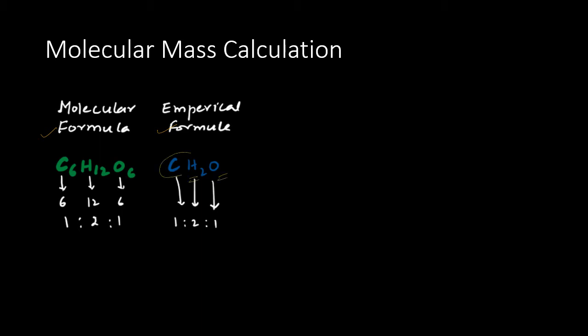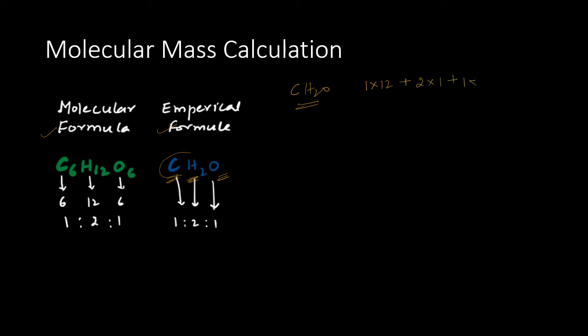For example, what's the atomic mass of carbon, what's the atomic mass of hydrogen, and what's the atomic mass of oxygen. So in case of this empirical formula, what will be the molecular mass? Carbon is one part, so 1 into 12 plus hydrogen 2 into 1 plus oxygen 1